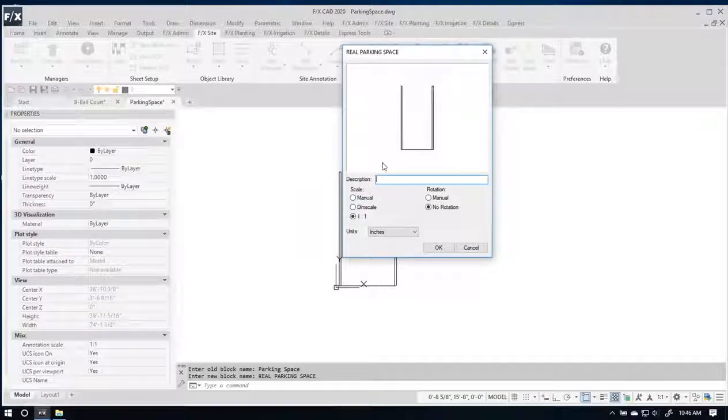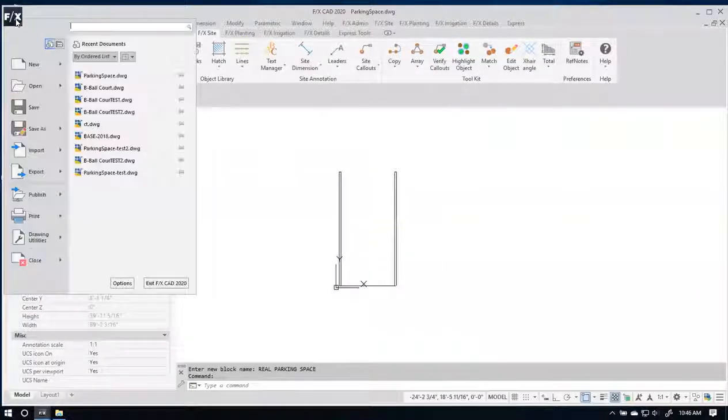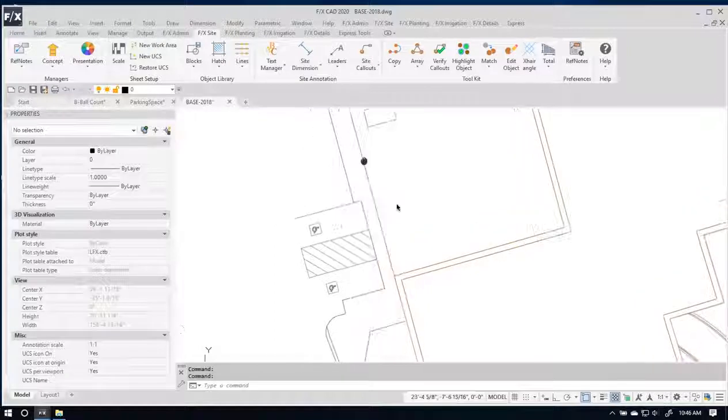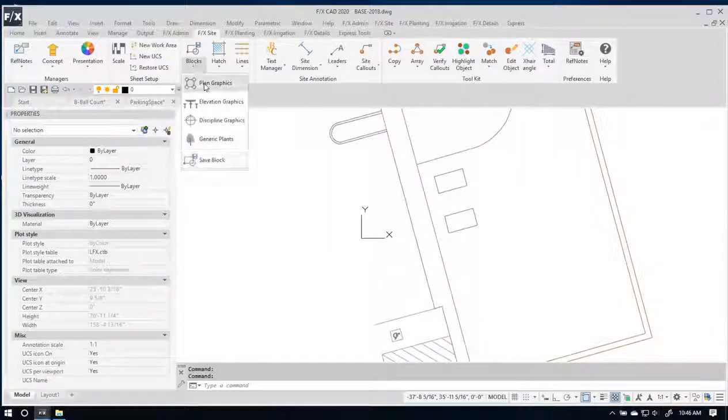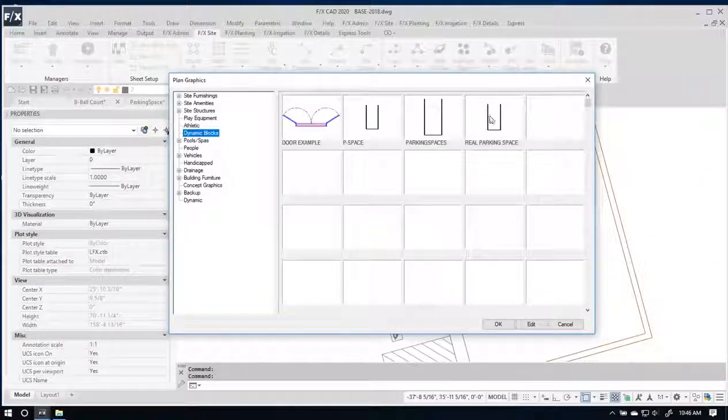And since I want this to rotate on placement within the drawing, alternatively, I could have put an alignment on this so that it aligns with any curve that I'm putting it up against, but I'm just going to do a manual rotation and leave everything as is, so that we should be able to open up a drawing like this, go into our Plan Graphics library, go to where you saved your new block,